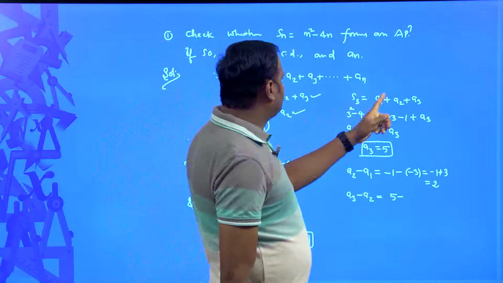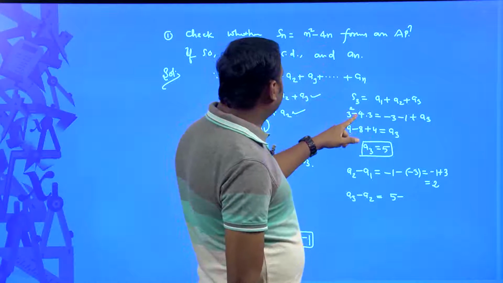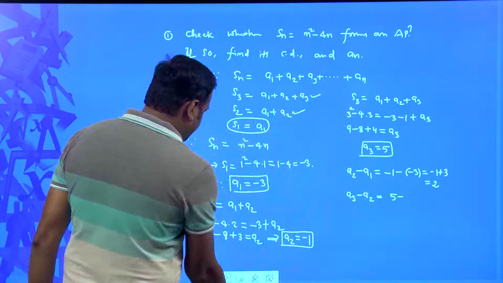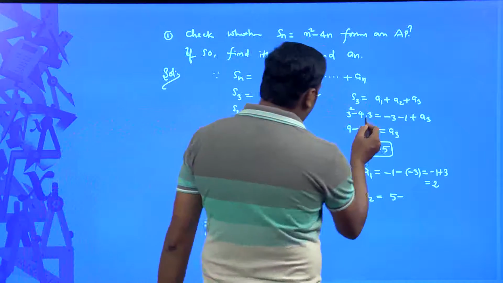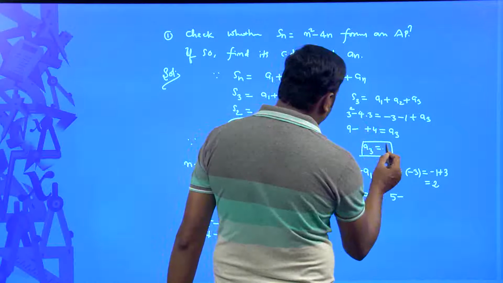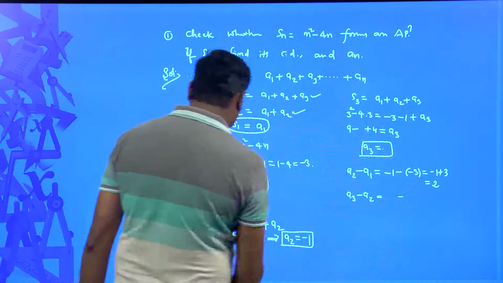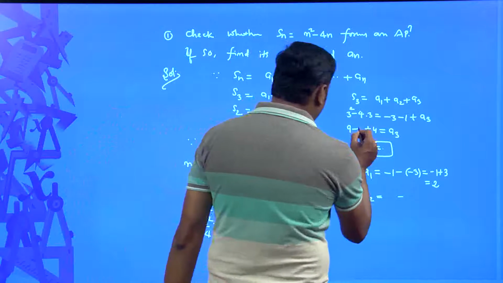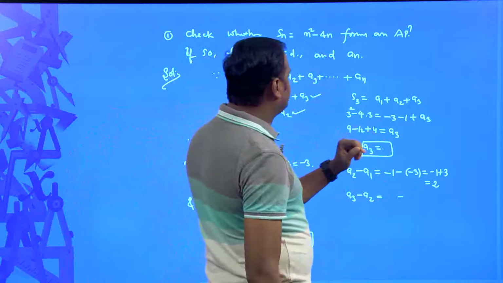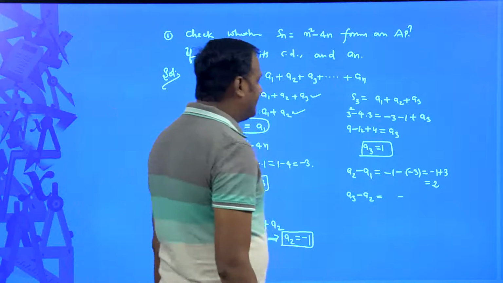S3 is equal to a1 plus a2 plus a3. S3 means 3 square minus 4 into 3. 3 square minus 4 3s are 12. Yes, I did a small error here. That error is going to be 4 into 3 is equal to 12, right. So, here it is 12. Then when I substitute 12 over there, I am going to get 9 minus 12 plus 4. So, 9 plus 4 is equal to 13, 13 minus 12 is equal to 1, right. That is the value of a3.